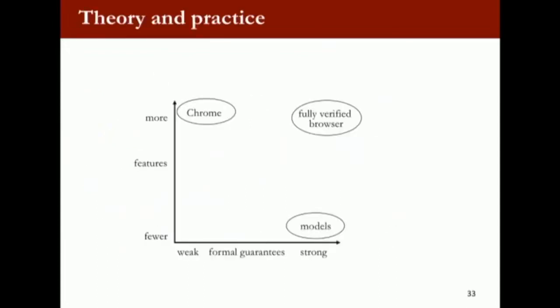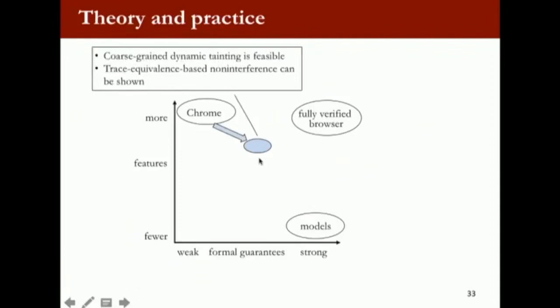So to summarize, what's going on here? I said that I want to be somewhere here. Chromium is obviously a working system with lots of features, so I'm up here. What we're doing is instrumenting a real browser where we can do coarse-grained taint tracking. And at the end of the day, what we prove is that on the model level, we're proving the enforcement